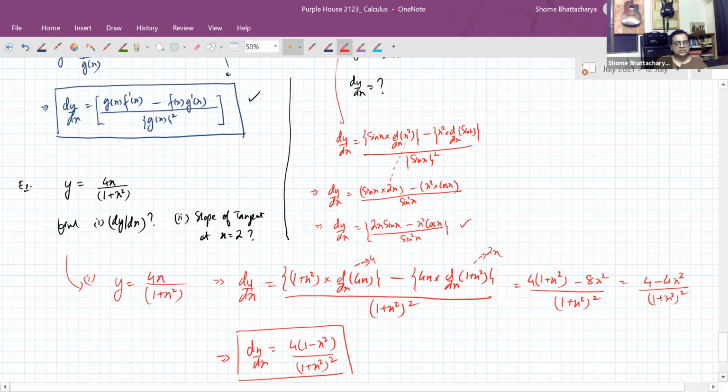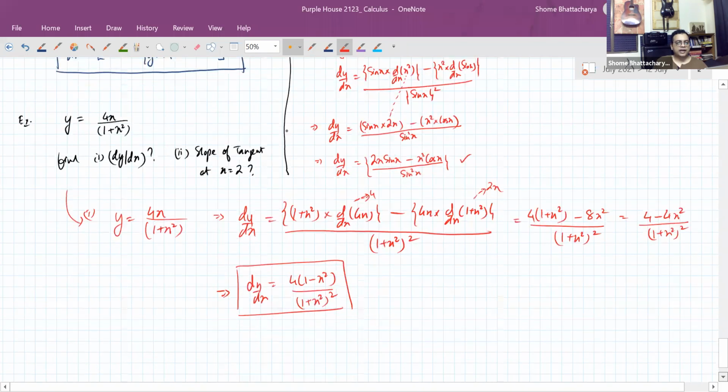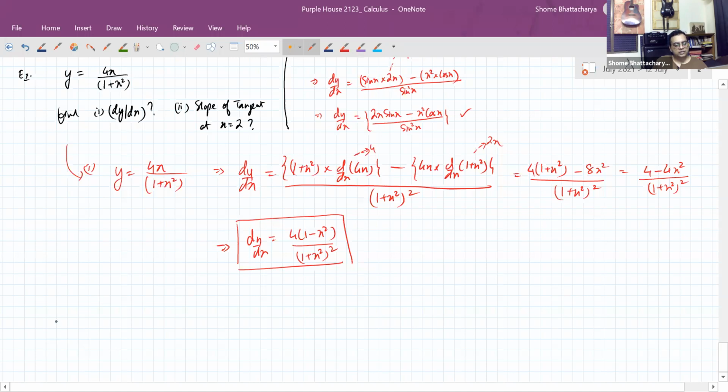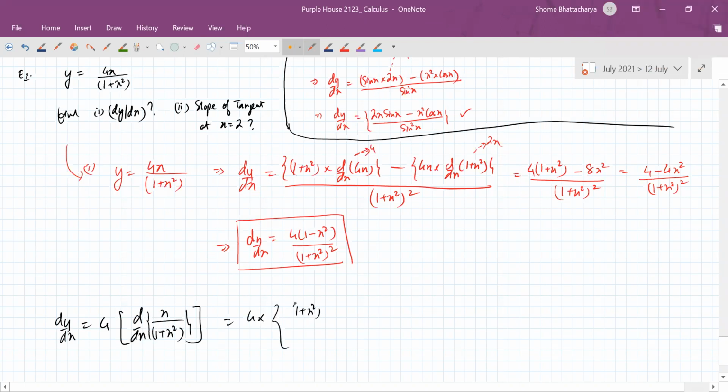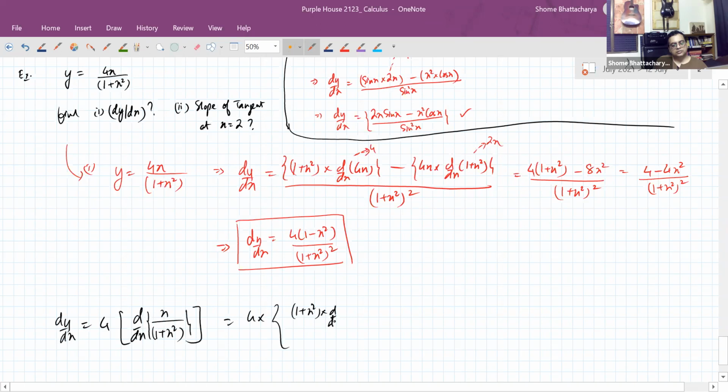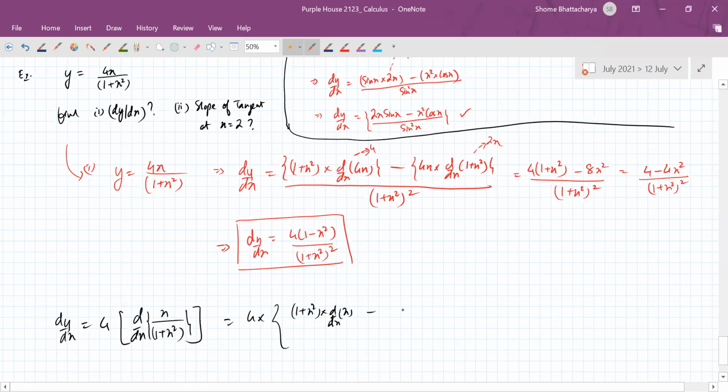So all of you understood this. This is going to make it easier to actually handle the whole thing because you're directly taking the 4 outside. So dy by dx, just take 4 outside and then differentiate this term. This just makes it a little bit easier to handle the whole thing. Then you proceed with this. So denominator into differential of numerator. So in that case, one will get cut by the derivative in